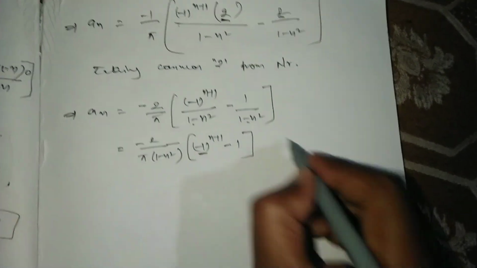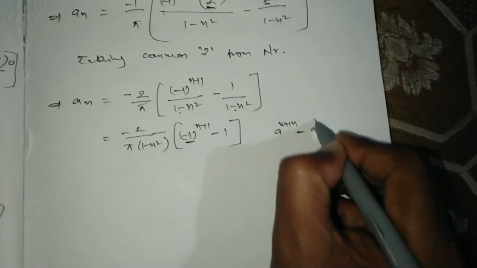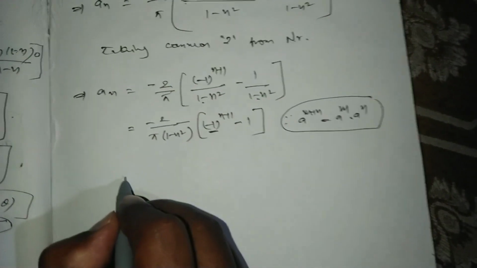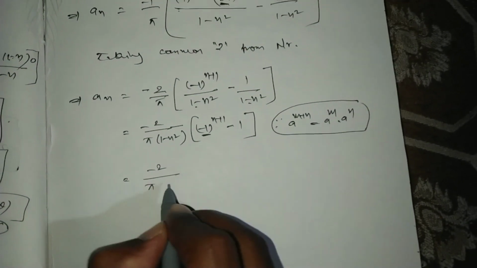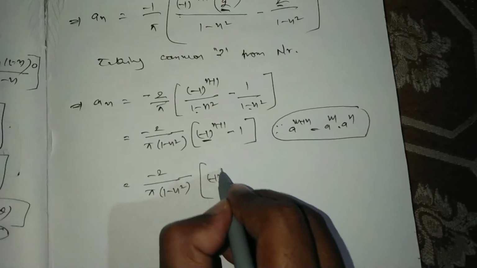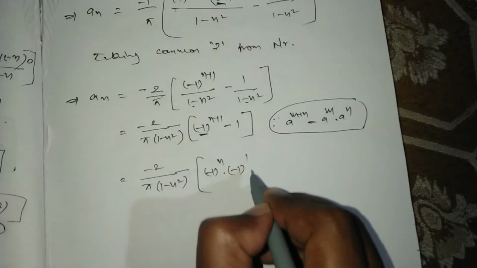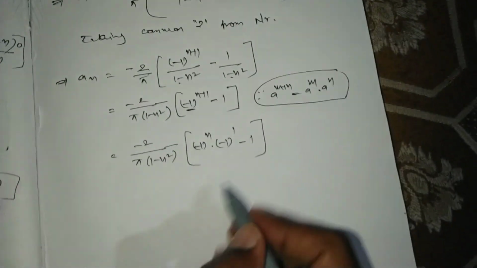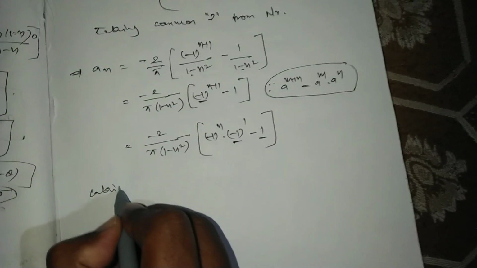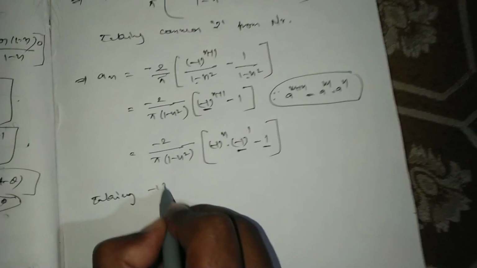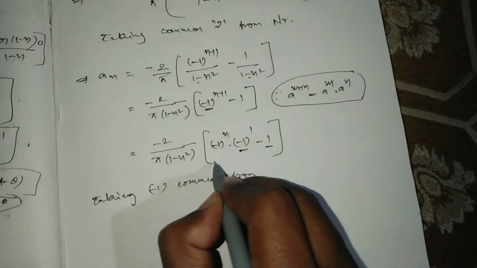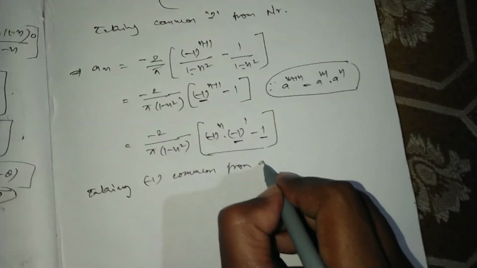Again, if we observe here, a power m plus n is equal to a power m into a power n. Again, here we have to use this formula, that is equal to negative 2 by pi into 1 minus n square whole into negative 1 power n into negative 1 to the power of 1 minus 1. Okay, see here, here we have negative 1, here also negative 1, so taking negative 1 common